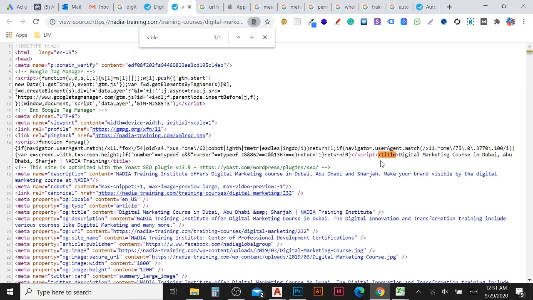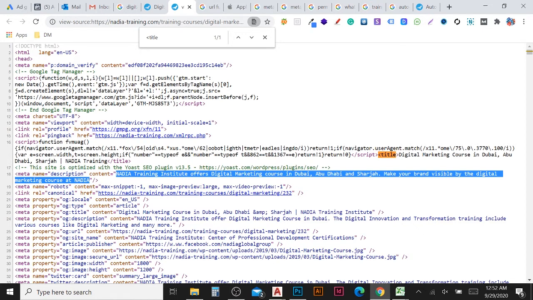You can see this highlighted, this is the title, the meta title, and somewhere near it you will see the meta description.